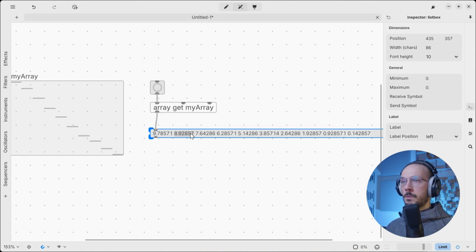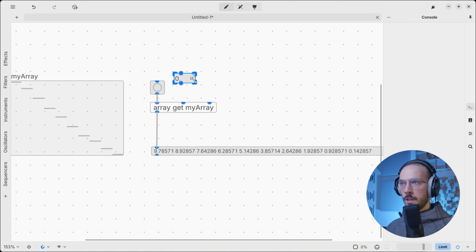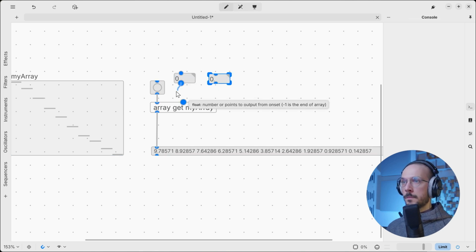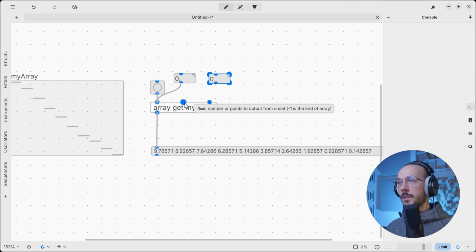Now, the cool thing about get is that we can set a range. So we can use two float boxes. The first one will set the index to output from, where 0 is start. Okay. And the second inlet, the one in the middle, defines the number of points to output from onset, where -1 is the end of the array. So